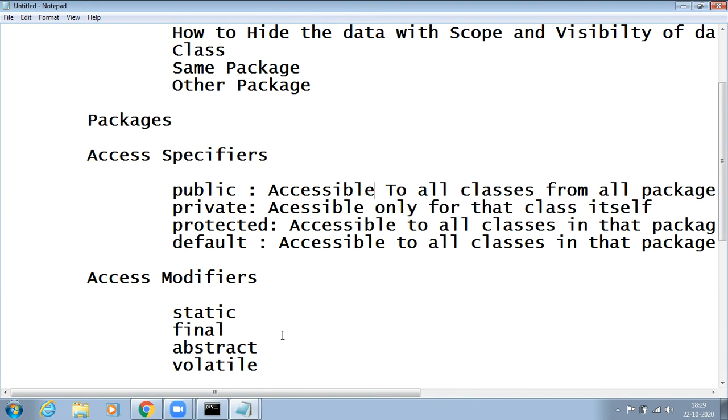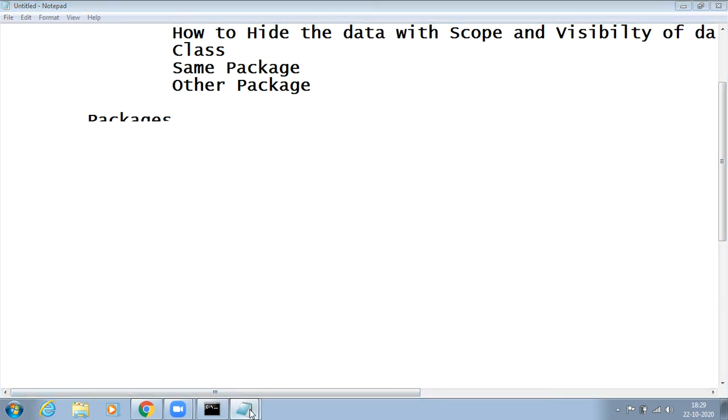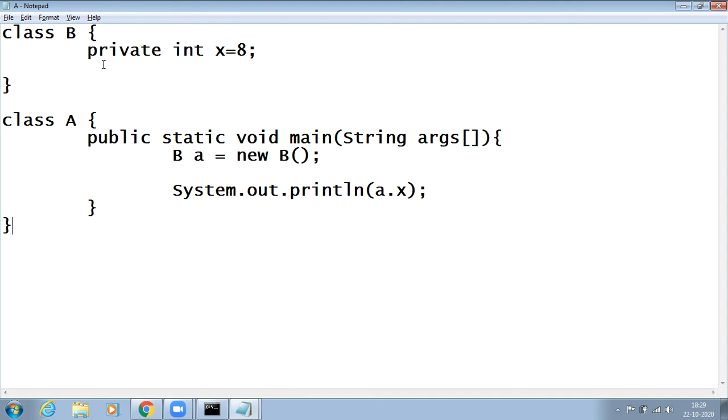Okay, and coming to the public case, see, if private is unable to be accessed from the other class, hence private cannot be accessed from the same package or another package. See, a package is something like a collection of classes or interfaces. If, for example, A is in one package and B is in another package, I cannot access B from A because the property X is of private type.